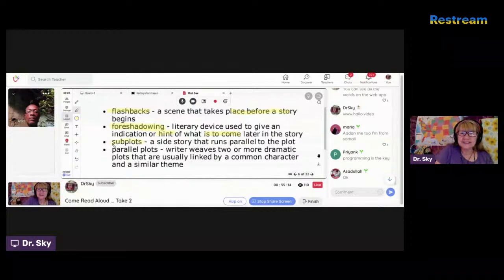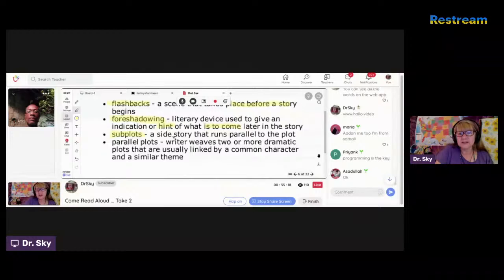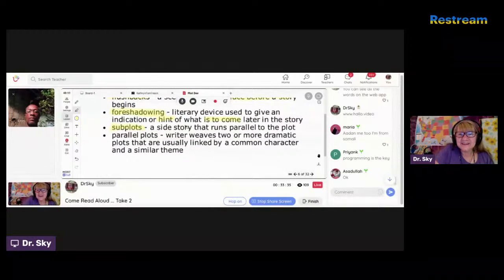So what is a subplot? Do you know what a plot is? Right. A side story, this is a subplot.